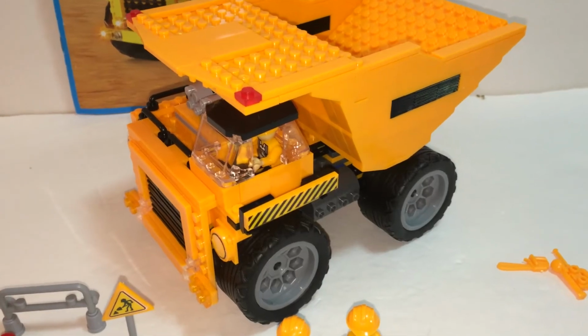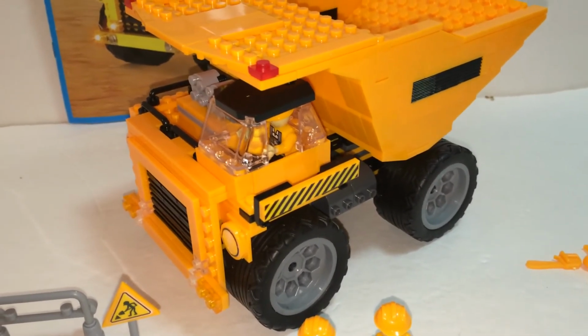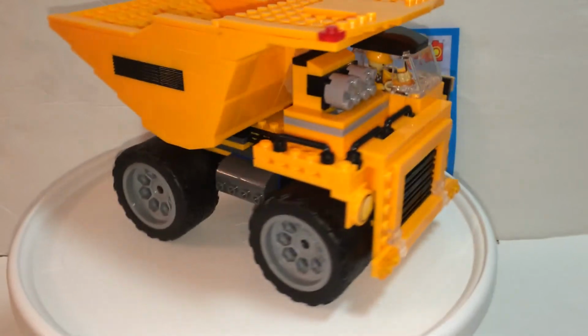And to be honest, I do like this better than the Lego version as far as the build technique, because you can do a lot with this. You can rebuild it into something else. So there you have it, Cogo set